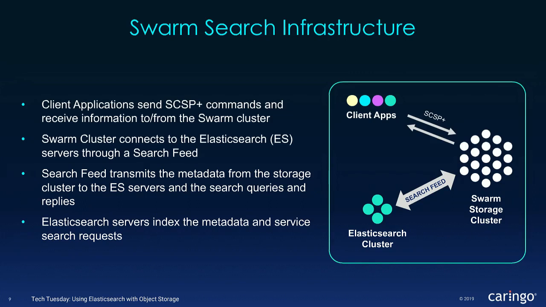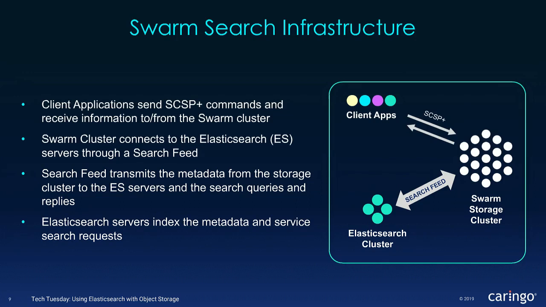You're basically going to need to have a combination of swarm storage, where the objects are put in place. You're also going to need to have an Elasticsearch cluster, as shown there in the diagram. The swarm storage cluster is going to be configured to point to that Elasticsearch cluster with what we call a search feed definition. And what that does is it tells Swarm that this is the target where you want to send all the metadata information associated with your objects for caching into the Elasticsearch cluster for high performance list and